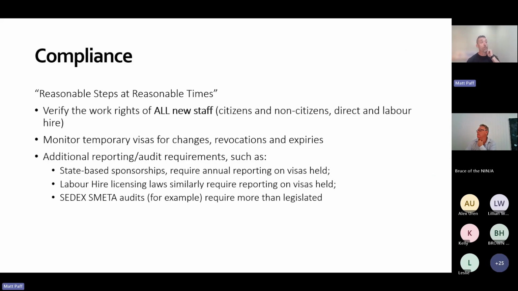Ultimately, compliance is about reasonable steps at reasonable times. We get asked often, what does that actually mean? Our advisory board says a right to work check within 2 weeks of someone starting would be reasonable steps at reasonable times. Our advisory board talks about the fact that bridging visas can have a decision made any day, and